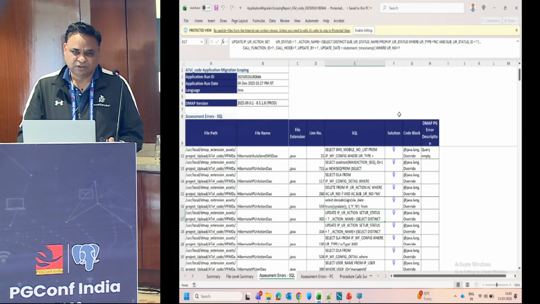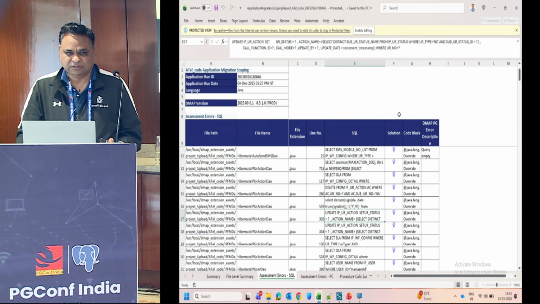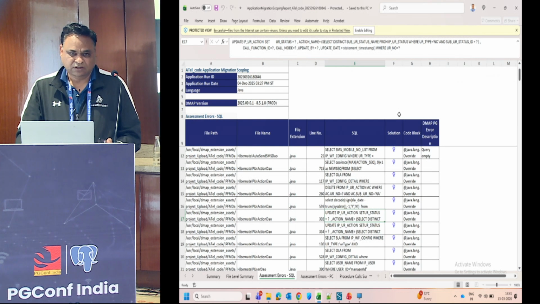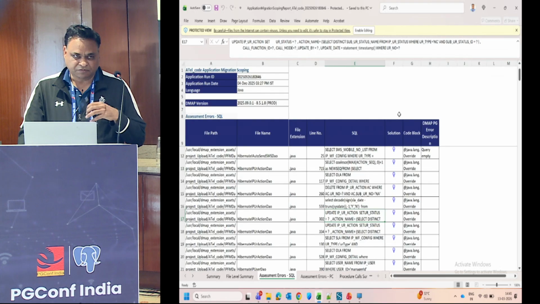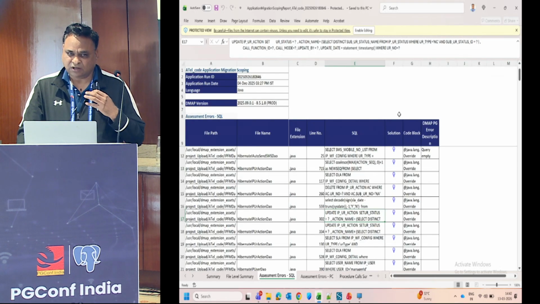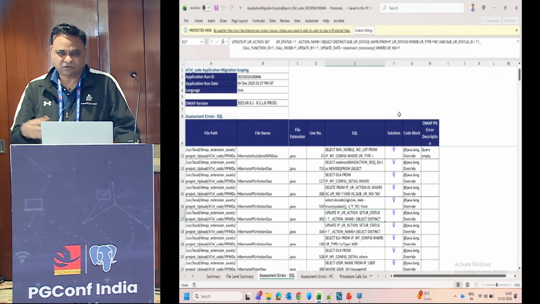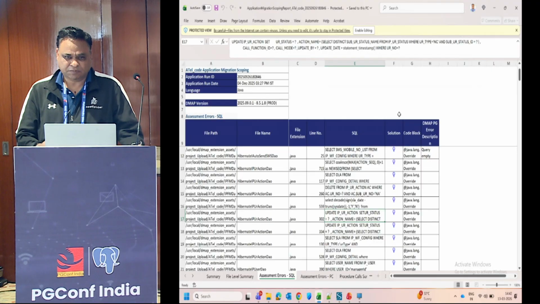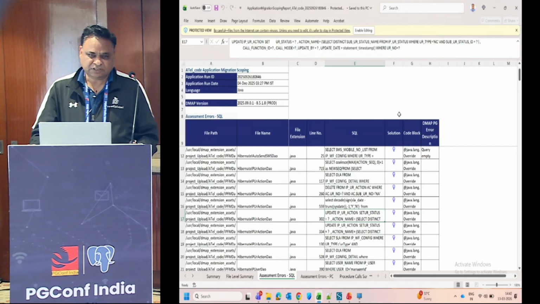The code compilation and everything will be taken care of? Yes, everything will be taken care of. If before making the changes the application was working fine, after making changes it will also compile, at least compile. I'm not saying working end to end, because there may be issues when you start integrating the application with the database, on the database side or the application side, but at least compilation wise there will be no issue.